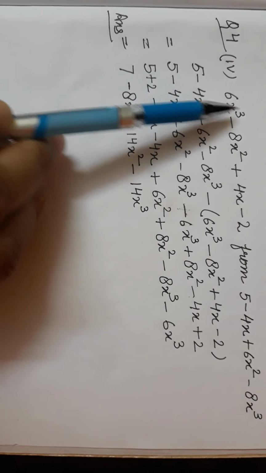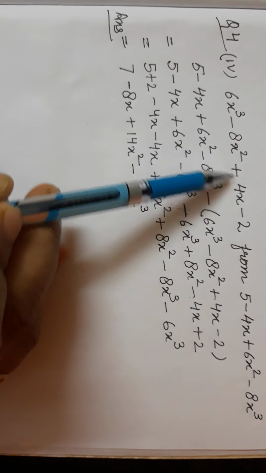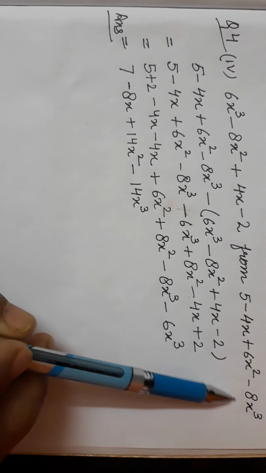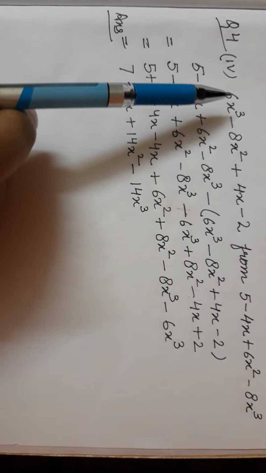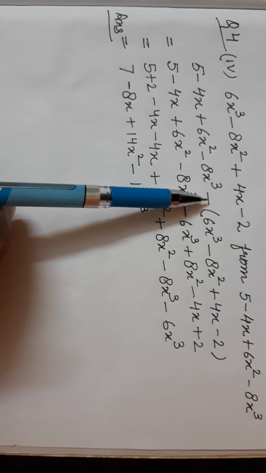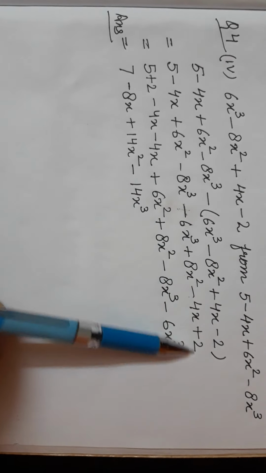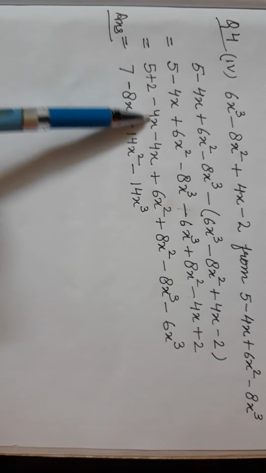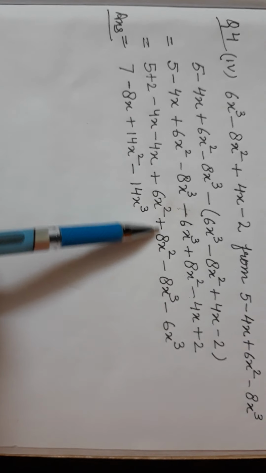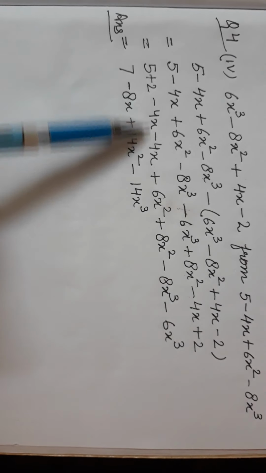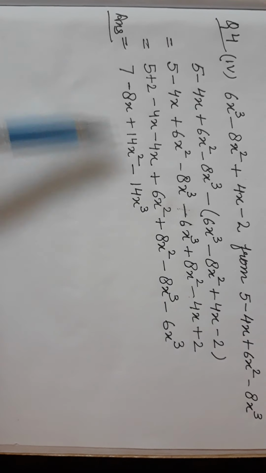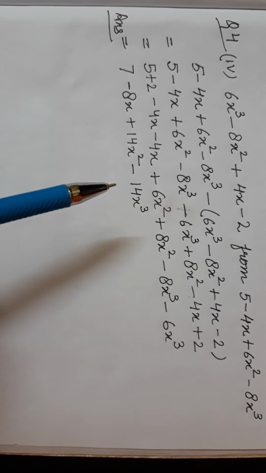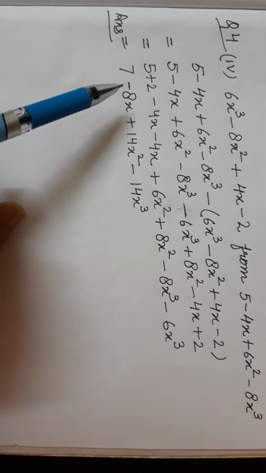Now one more question I have taken from question number 4. Here we have minus 6x cube minus 8x square plus 4x minus 2. This is to be subtracted from this term. So the process remains the same. We bring this here, this comes here, we put the minus sign. Second step, we open the bracket by changing the sign of each term. Then we bring the like terms together, numbers together, with the x terms together. Here these two are like terms, these two are like terms. After operating, we get these answers. Here you can see all are unlike terms, so further operation is not possible. So this is what we write as the answer.